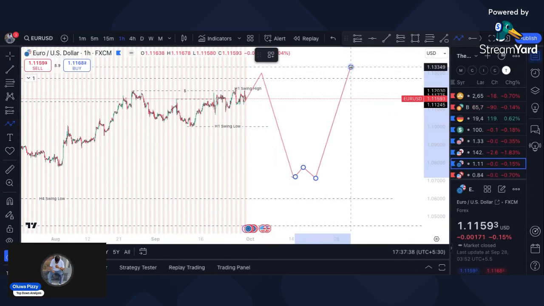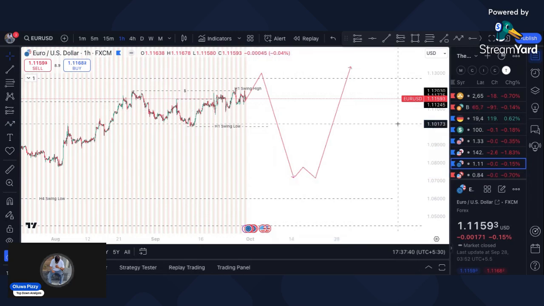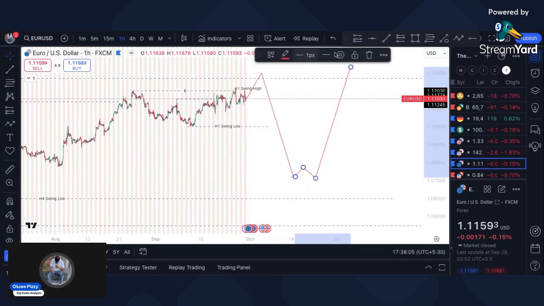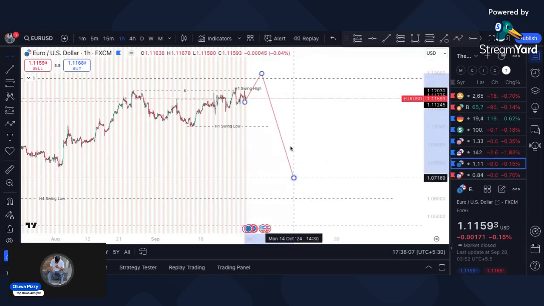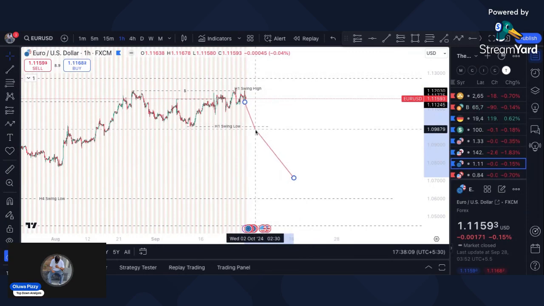Okay, so take note. You have to be careful on what you're going to do this week. If you are a swing trader, you will have to wait to see these two scenarios occur. Either this high has been taken out or this low has been taken out. If this high has been taken out, then we will retrace back to this place and start shooting up. But if that did not happen and this low is being taken out,